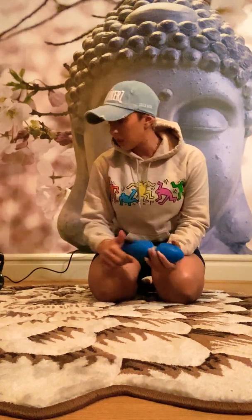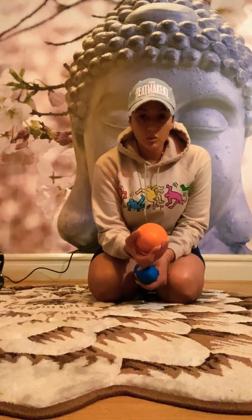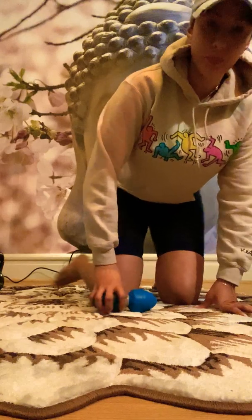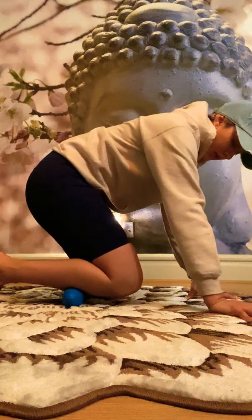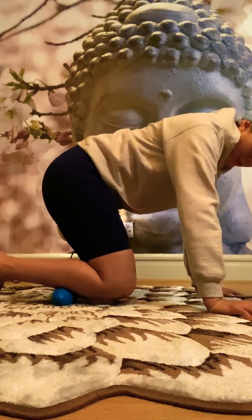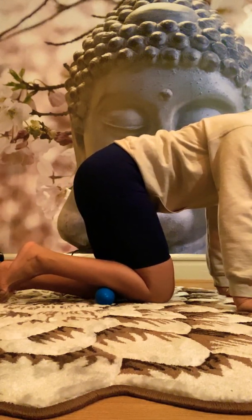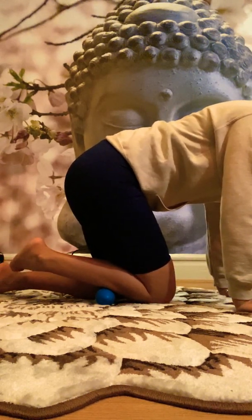So you can get one of these. You can use a tennis ball or you can use this bad boy here. I prefer using this or the tennis or lacrosse ball. What you're going to do is bend on your knee, just bend, and go up and down. Then what I like to do is bend and point your toe up, do some ankle pumps, and then you can lean in,